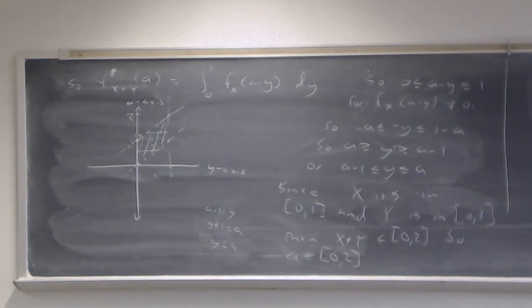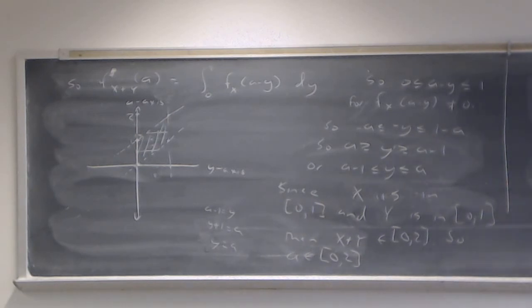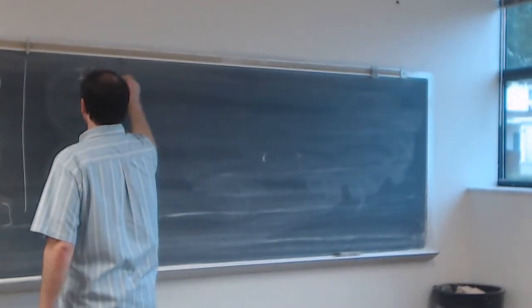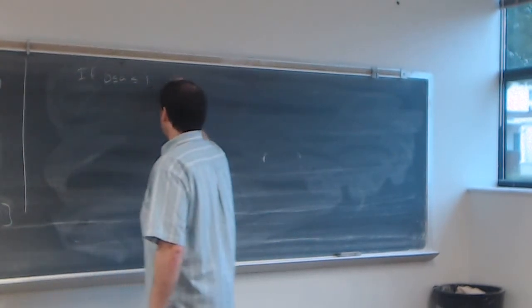On the bottom of that board, I had said that the a values have to be between 0 and 2. That's true for when the probability would be non-zero. And so that's the part that we're mostly interested in. Here's what I'm going to say. If a is sandwiched between 0 and 1, I'll put equal to it, then